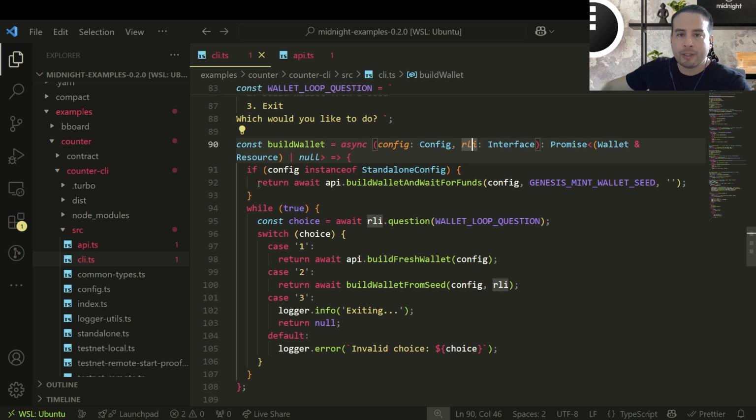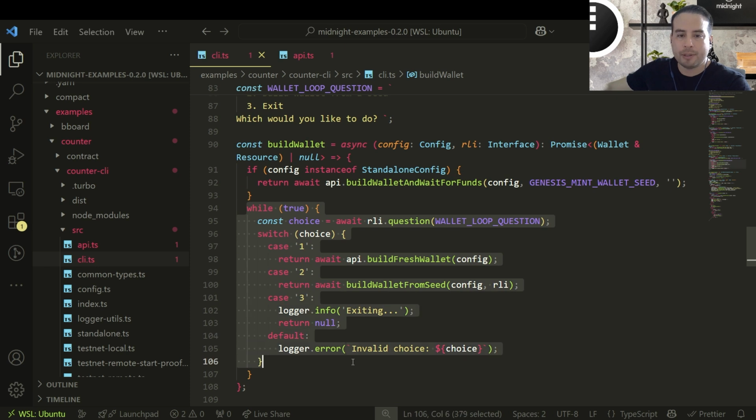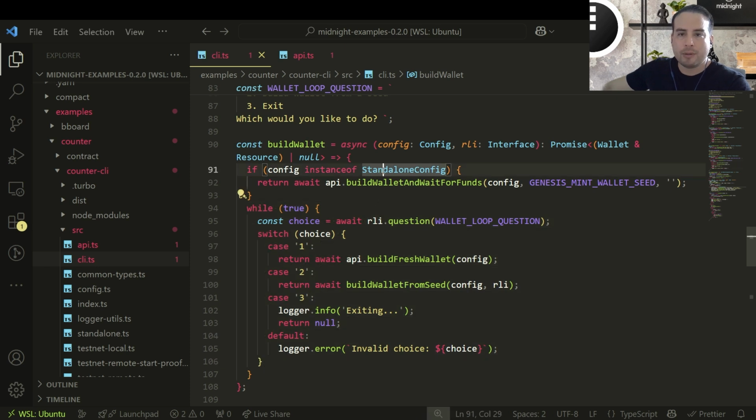We're going to run different commands depending on this if. If the config is an instance of a standalone config, we're going to run this. And if it's not, we're going to go through this loop here. So what is this standalone config, right? If we go back to our graph,